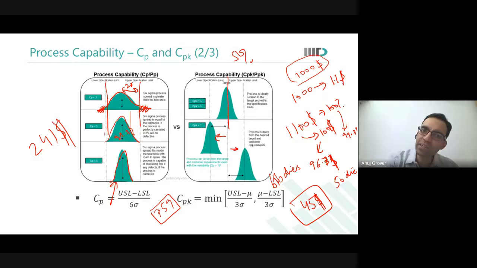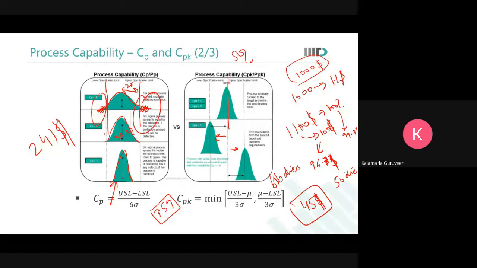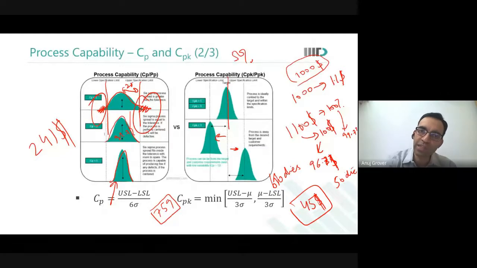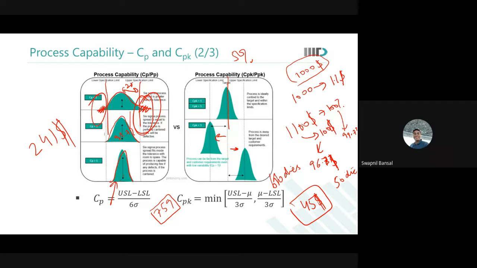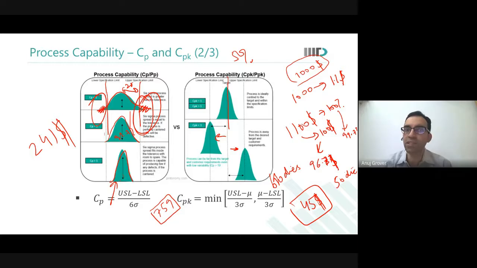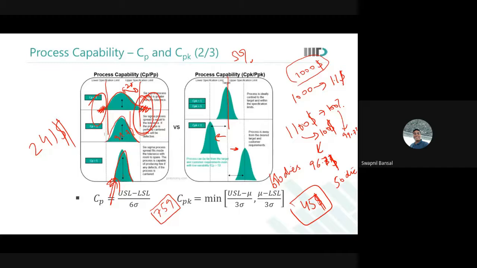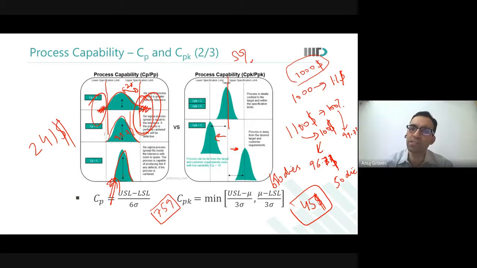Sir, do you want anything here? So now my question again, do you want anything here, or is this process good? Which process is better? We don't want anything to be outside the specification limits. So this one is best, is it not? And what sigma are you qualifying in the last case? We're not even talking about that. We are just saying that the process is more capable. It will give us better yield.